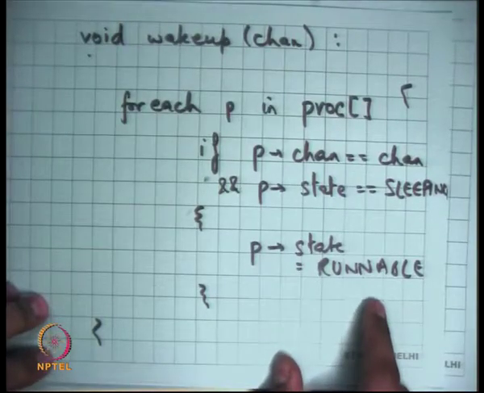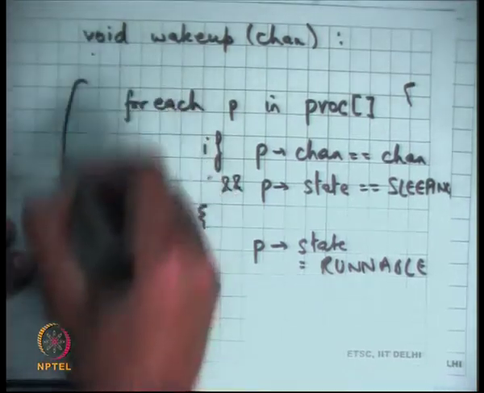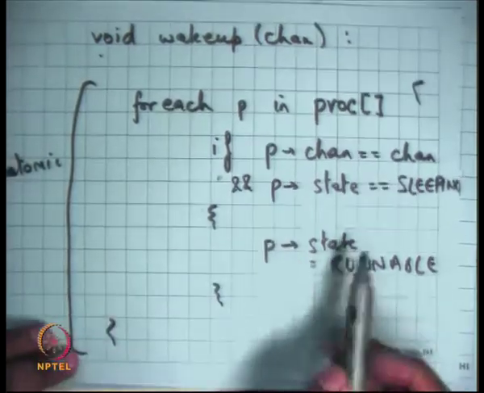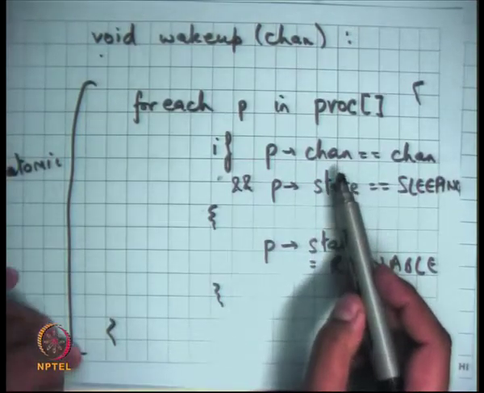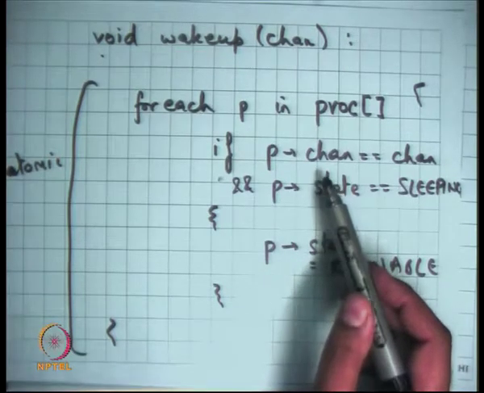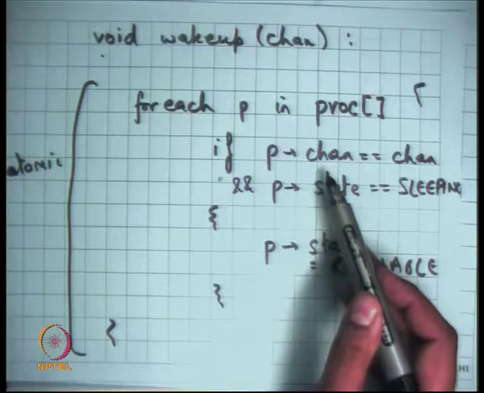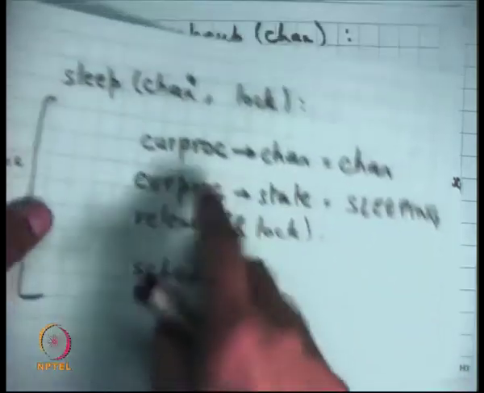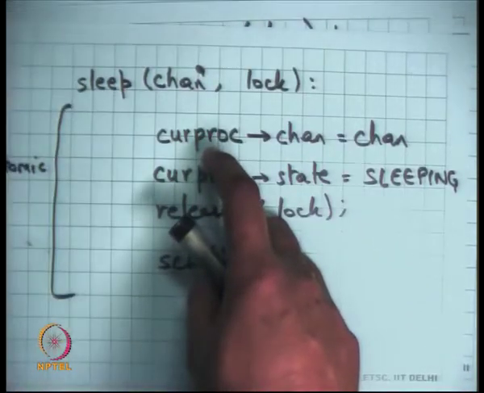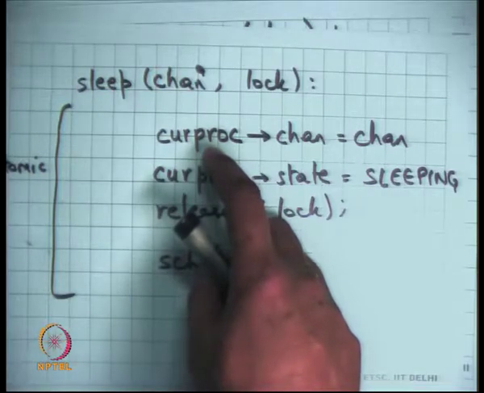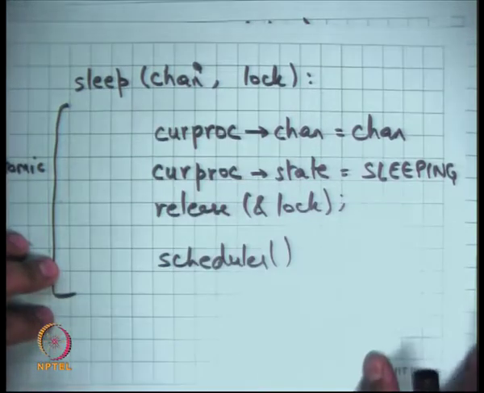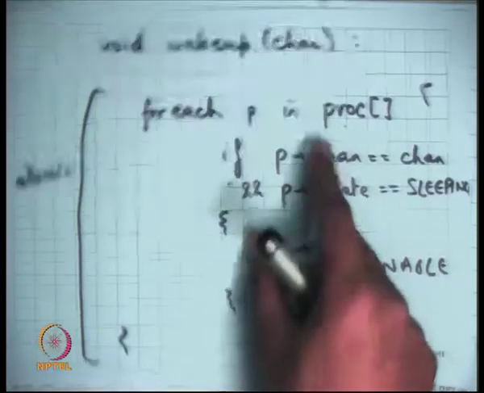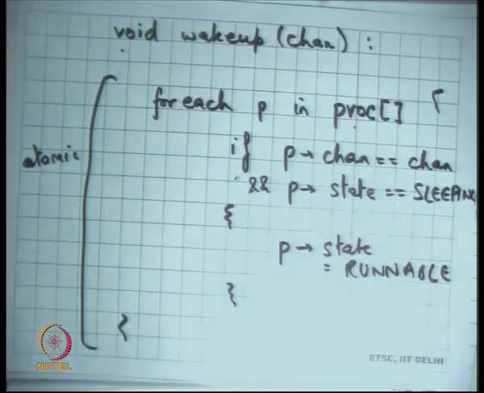All right. Once again this whole thing needs to be atomic. What does it mean for this whole thing to need to be atomic? While I am doing this check, no other process should be able to read or write the struct proc structure. This proc table should be exclusive to me. Or for example, this one is also touching curproc, which is also part of the proc table. So curproc is just a pointer inside your proc table. So even this should be atomic with respect to that. In other words, it shouldn't happen that while I am in the middle of this, other code gets to run. So sleep and wake up need to be atomic with respect to each other.